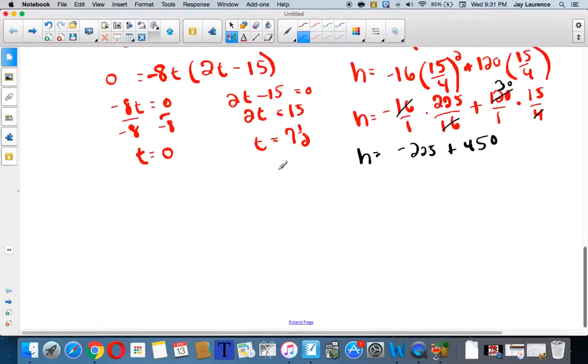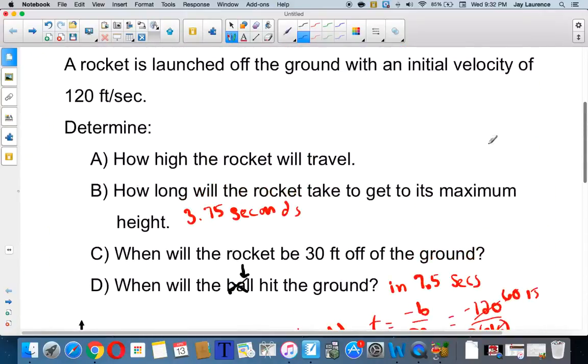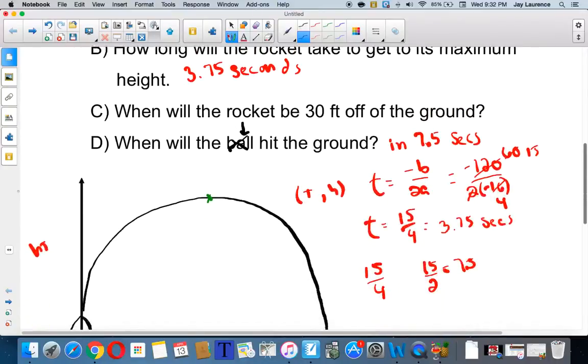And so if I have 450 minus 225, well, that looks like it's going to be 225 feet off the ground. Yeah, so h is going to equal 225 feet. So it's pretty easy. 225 feet. That's off the ground. All right, now C is really cool because I want to know when it will be